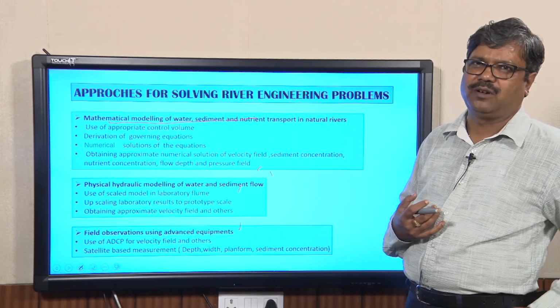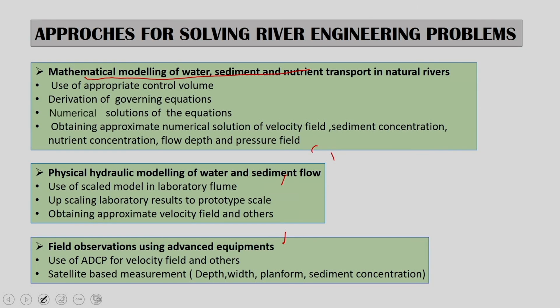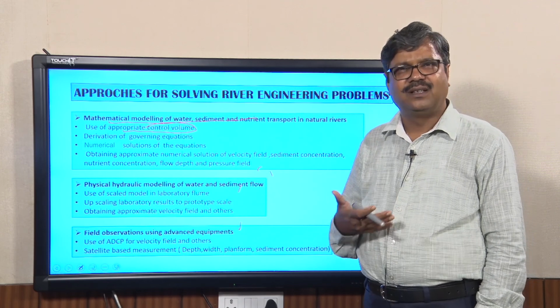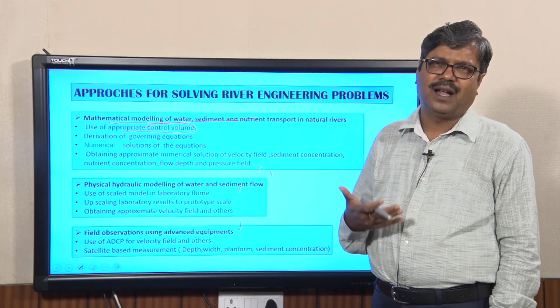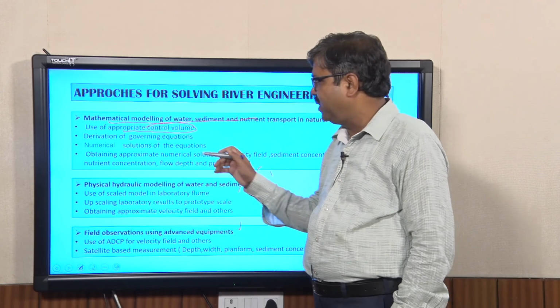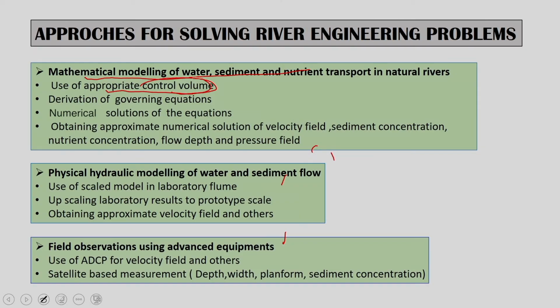What do we do in mathematical modeling? First, we find out an appropriate control volume. That's what you know from fluid mechanics. You can follow some of the fluid mechanics videos developed by me, where we talk in more detail about control volumes, Reynolds transport theorems, and how to use the control volume concept for deriving mass conservation equations, momentum equations, and energy equations. These are in any fluid mechanics book, as well as in the YouTube materials on fluid mechanics by me, which emphasize how to choose the control volume,